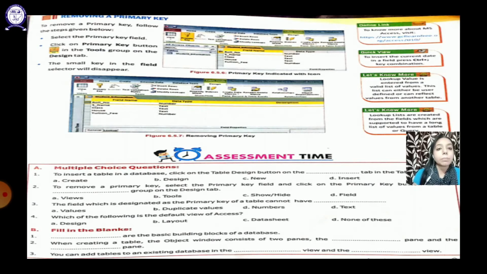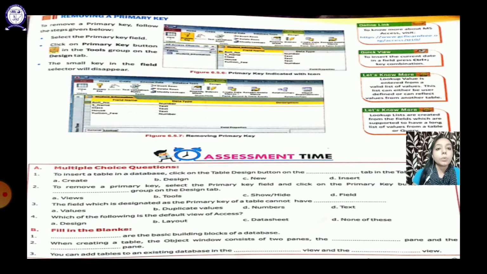In order to set the primary key to some other column, we can select that column and choose it as a primary key again. So these are the topics which we have covered. You need to practice this practically in MS Access, so that the concepts can be learned more hands-on. After that, we have the MCQs, that is the multiple choice questions.